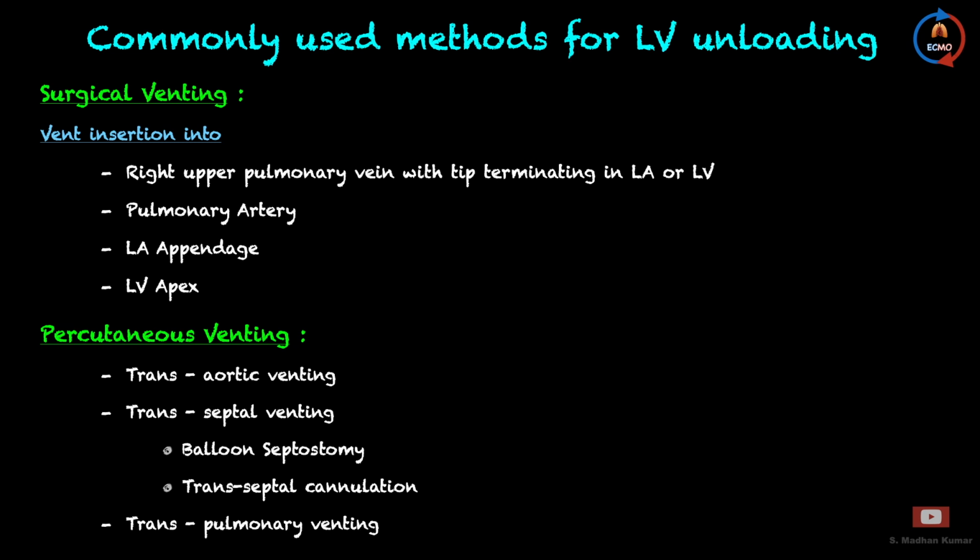Using a transeptal puncture, an iatrogenic left to right shunt can be created, allowing blood aspiration by the venous cannula placed in the RA and consequent LA decompression. Atrial septostomy has been shown to reduce inotropic support and facilitate weaning from ECMO easily.